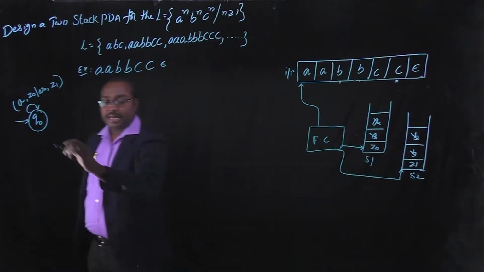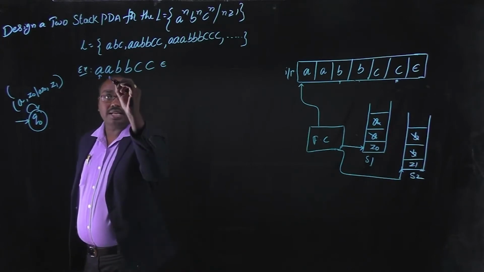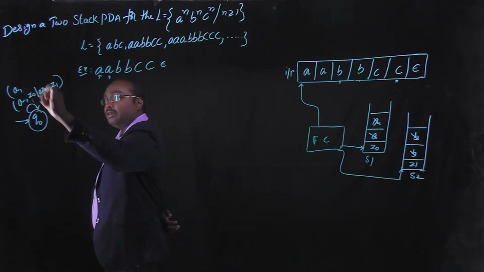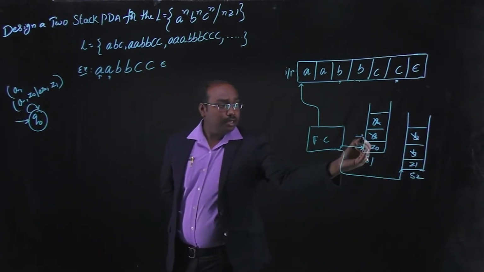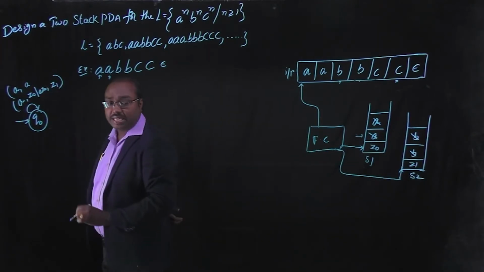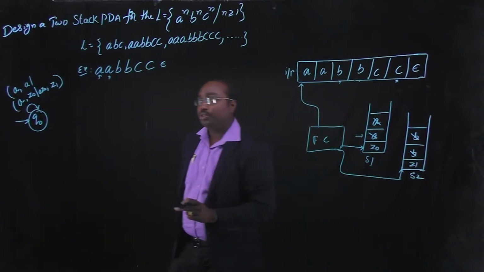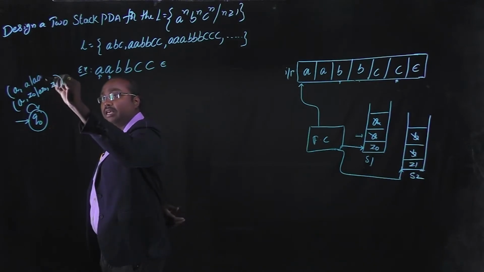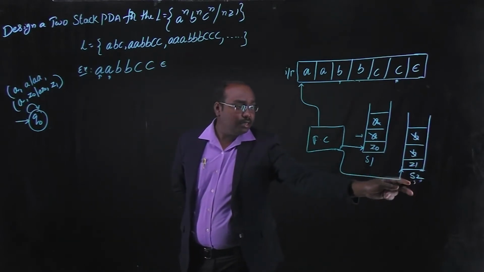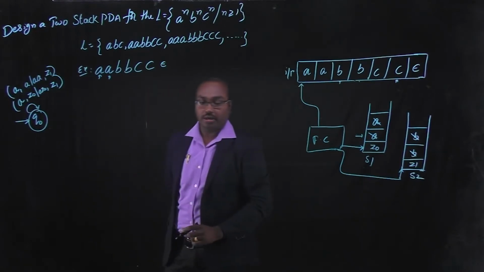Okay, and then this first A will be over, and what's the next one? Again the input symbol is A. Now what is the top of the stack? I inserted one element onto the stack, so the top of the stack element is A. What will we do? Again this A also should be pushed onto the stack. That means A, A, Z0, and in the second stack, the top of the element is Z0.